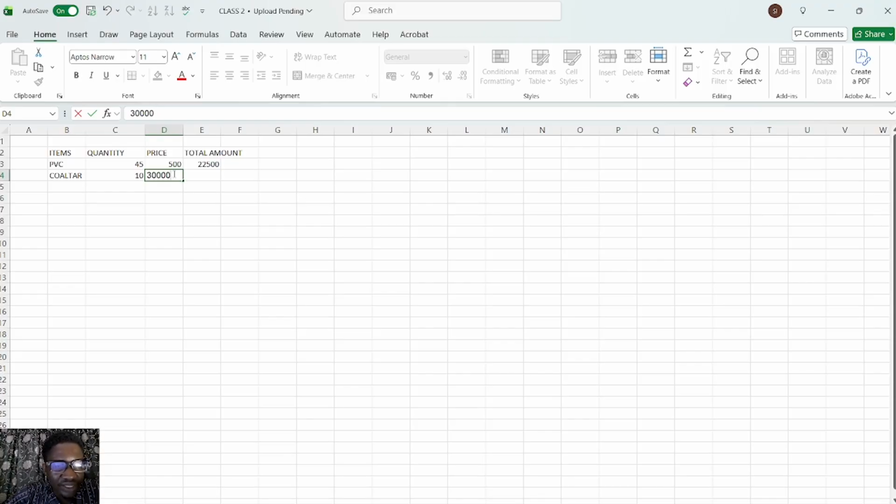30,000. So there it is. And if I don't want to know the amount for this, I just repeat this same function down here, or I just drag it down. It gives me whatever it is, and that gives us 300,000 for 10